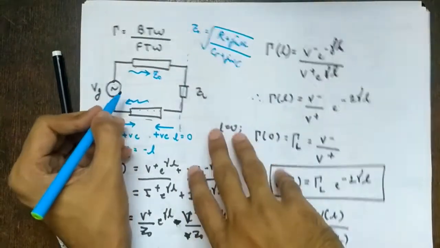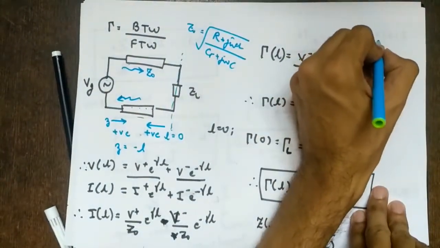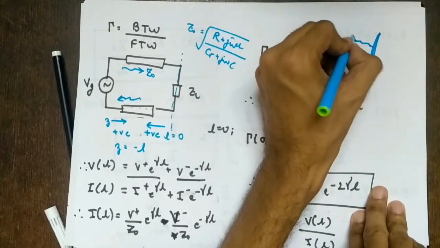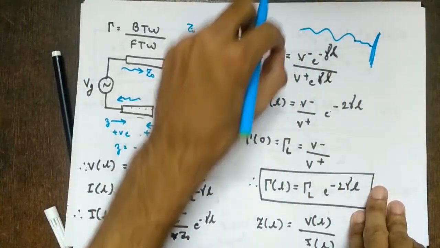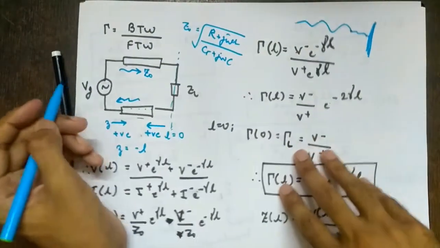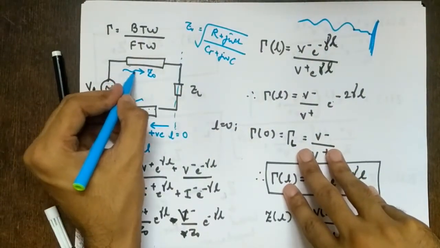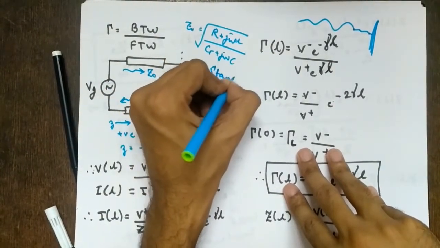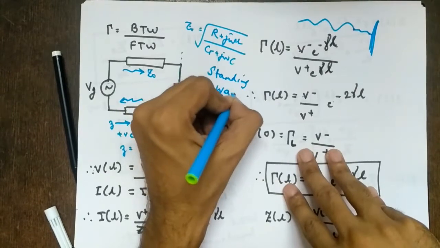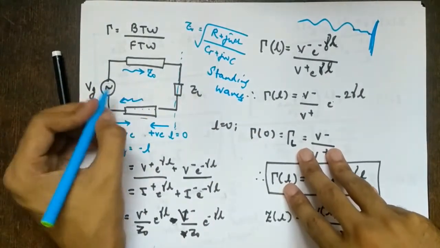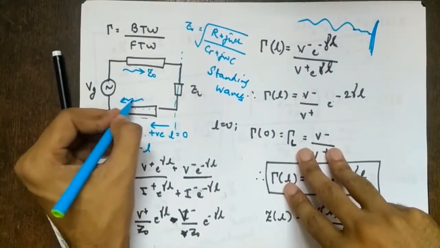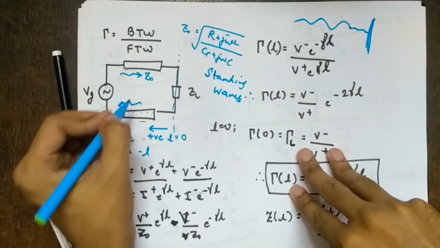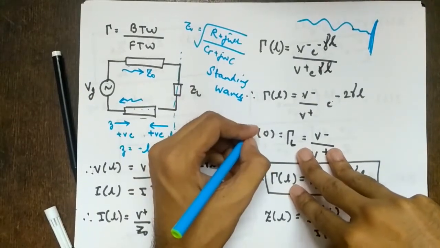For example, if I have a wall here, I tie a rope here and then I swing it. If you swing this rope like this, what will happen? You will see the formation of standing waves. So in this, I have a forward wave and a backward wave. So this will form what? Standing waves, right? Reflection coefficient means basically you want to measure how much of the wave is reflected, but practically it is a combination of both the waves. So it is very hard to measure the reflection coefficient practically, right?